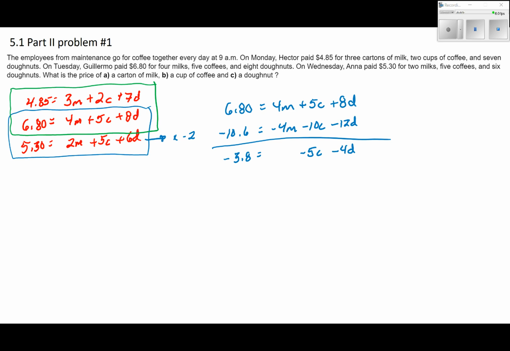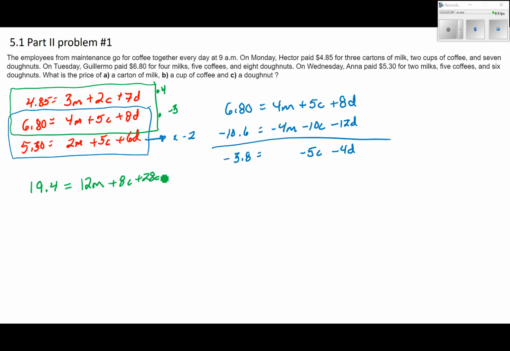So the 4.85, I'm going to multiply this one by 4. And the 6.8, I'm going to multiply this one by -3. So I get opposite signs on my M's, a positive 12M and a negative 12M. So when I do this multiplication, the top equation becomes 19.4 equals now 12M plus 8C